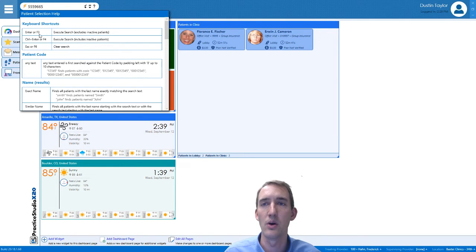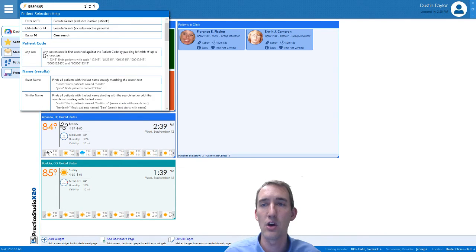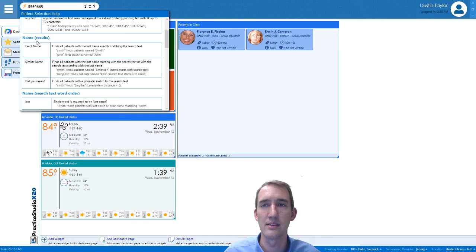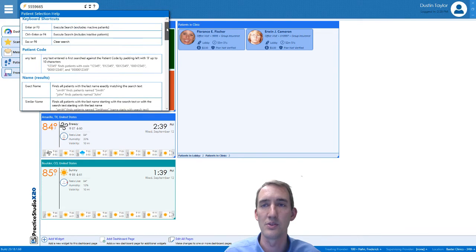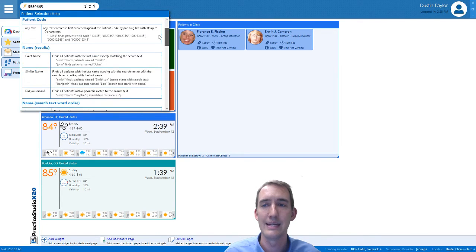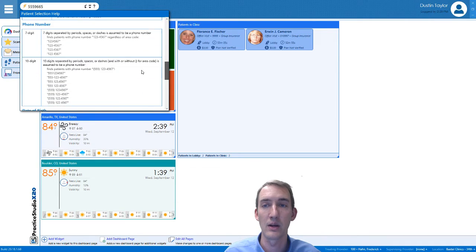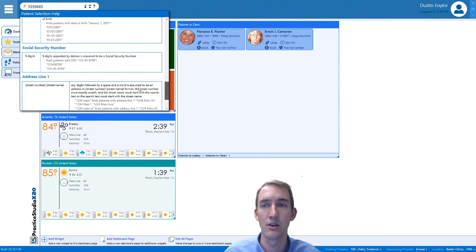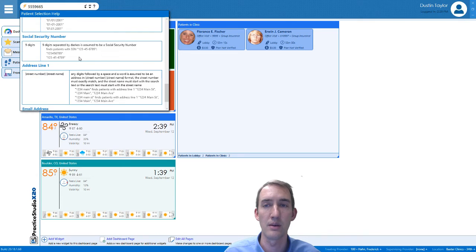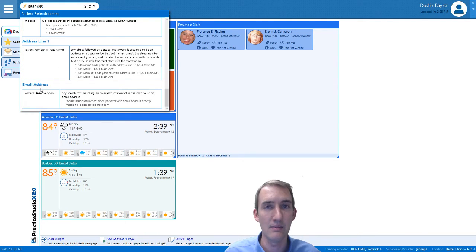So it tells you, okay, if I type in any code and hit enter, it's going to search for patient code. It gives you some examples there. If I type in some words like this, it's going to search for names and so on. So you can see we can search for code, name, phone number like we talked about, date of birth like we talked about. You can also search on social security number, the physical address, and the email address in the